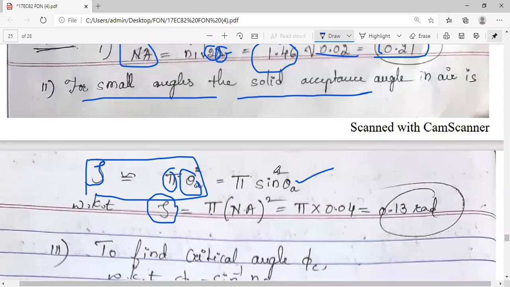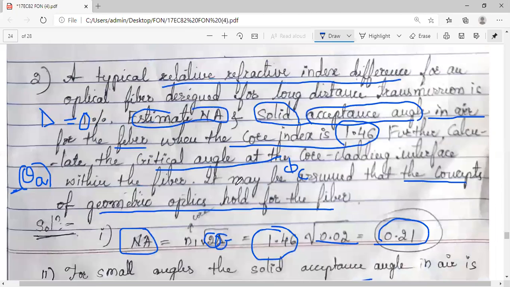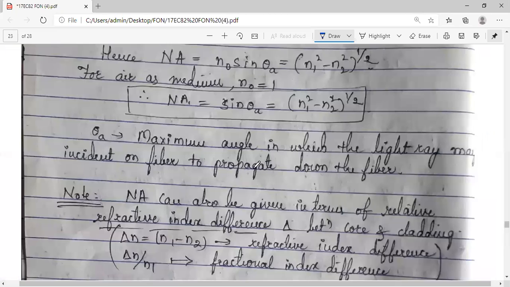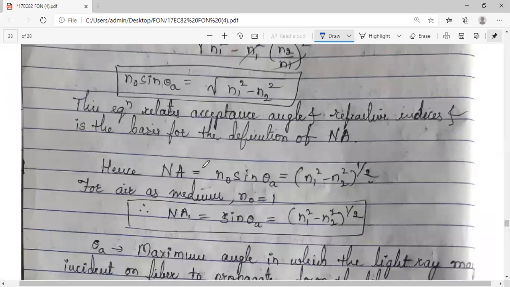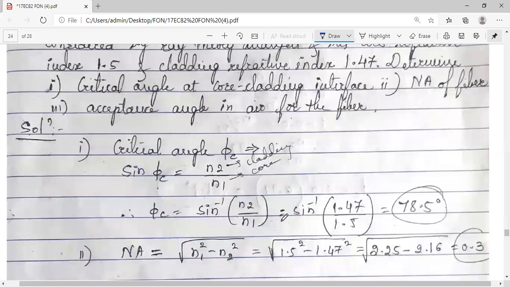So by making use of this concept, we know that this is zeta, which is the solid acceptance angle. It is given by pi into sine square theta, and sine theta is nothing but numerical aperture. We have already derived this. Actually, we had derived like this: N0 sine theta a is equal to NA. I'll just show you. N0 sine theta a is equal to numerical aperture, which in turn is given by the square root of n1 squared minus n2 squared. So by making use of that,